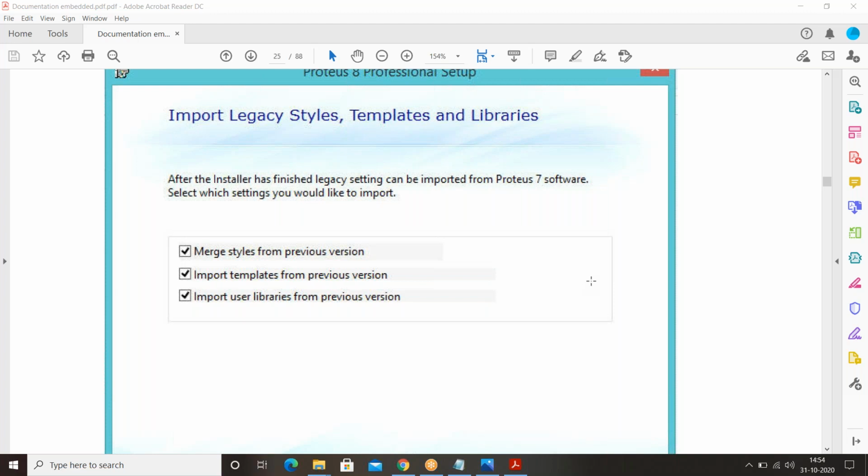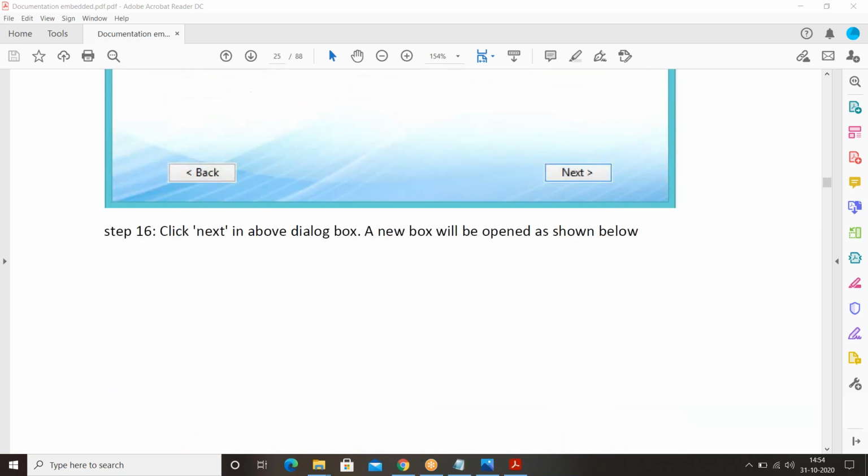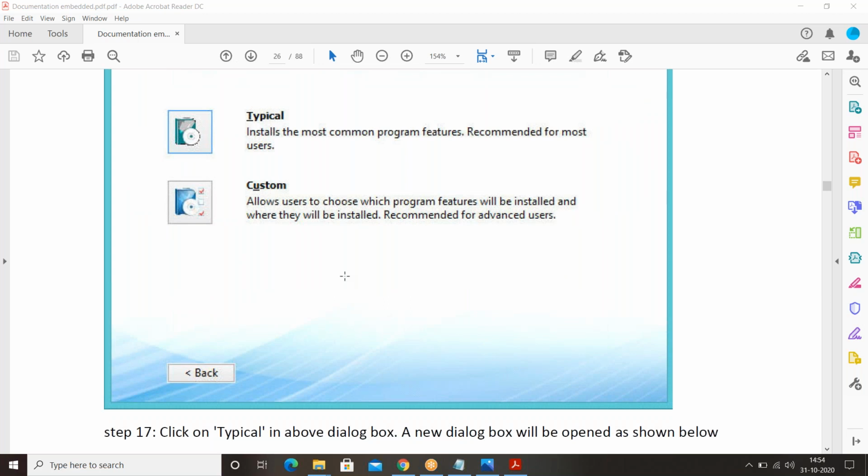Yes, good. So click on these three boxes: import styles, import templates and import user libraries. Select all these three boxes. Click on next. If you click on next, you'll get a page like this. Click on typical here.